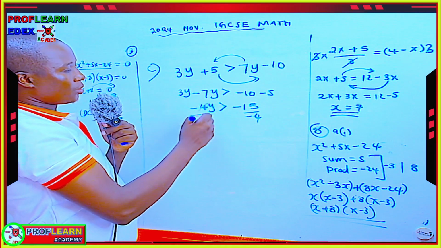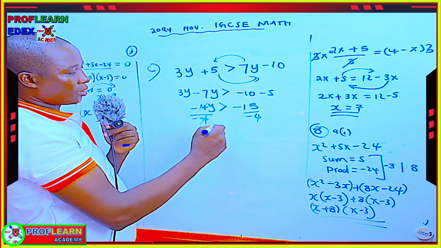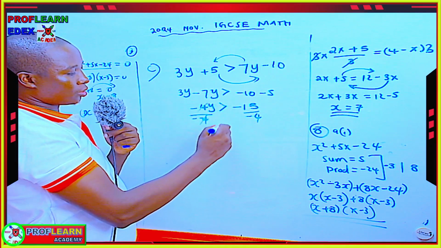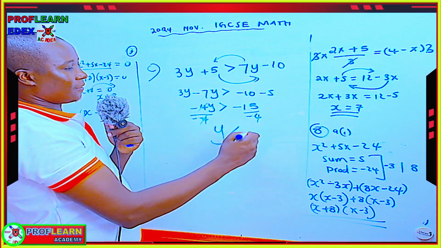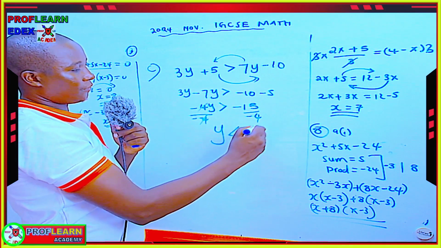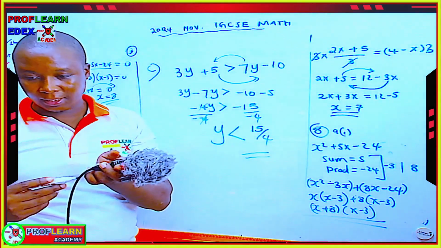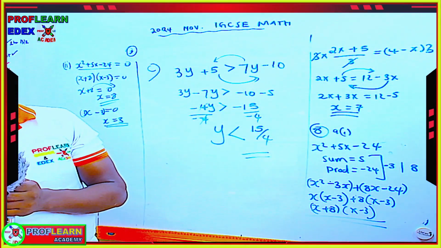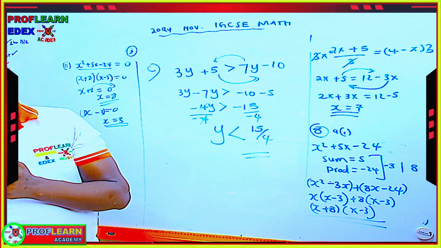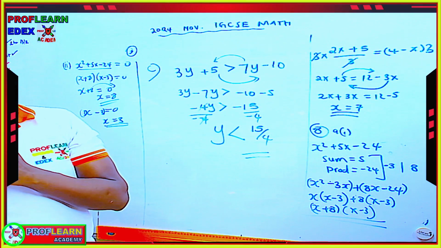So anytime you divide by a negative, the sign is going to change. So it will be y < 15/4, and we shall leave our answer. So that is the second question in algebra that was there. The next question was